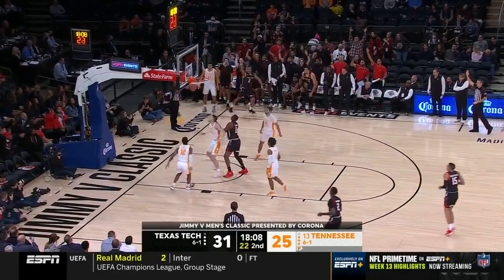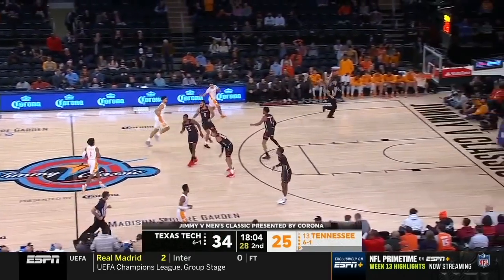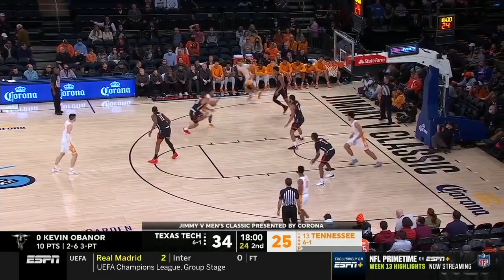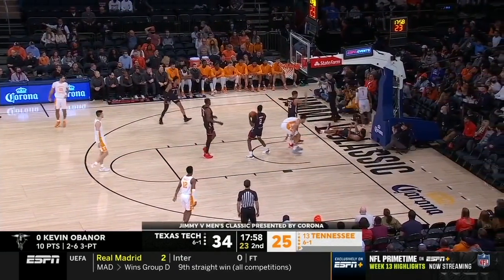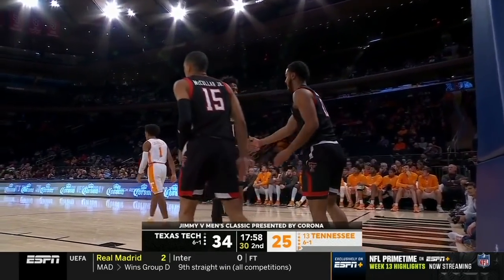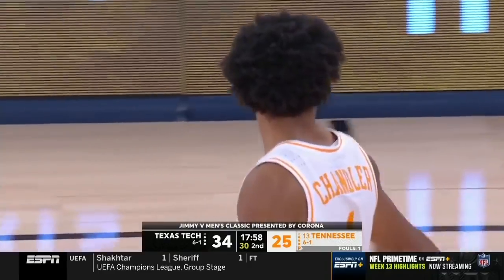Shannon to O'Banner. Yes. It's a good job by Shannon of getting a piece of the paint. Really collapsed that defense, able to look into the corner. O'Banner was set and ready. Chandler up top. And an offensive foul. Getting downhill, it's not the primary defender that Kennedy Chandler has to